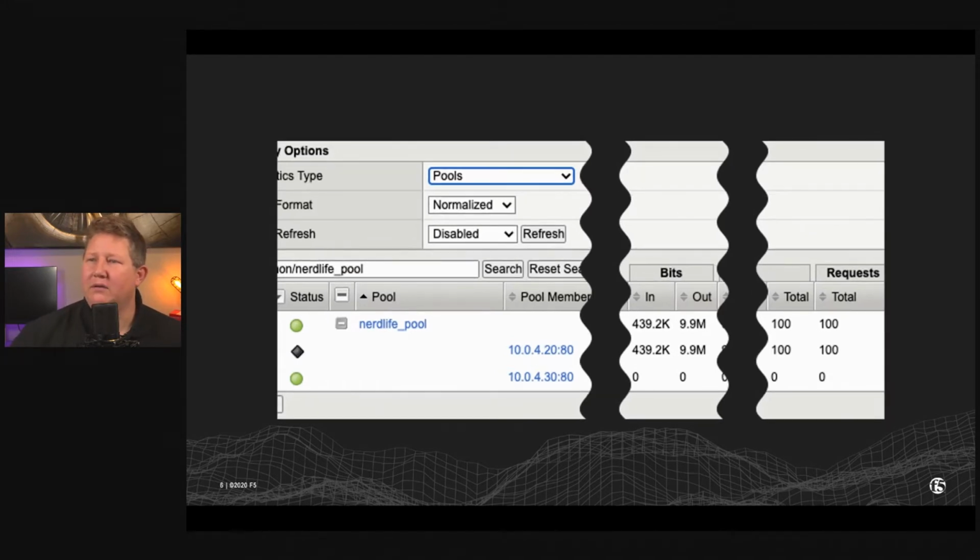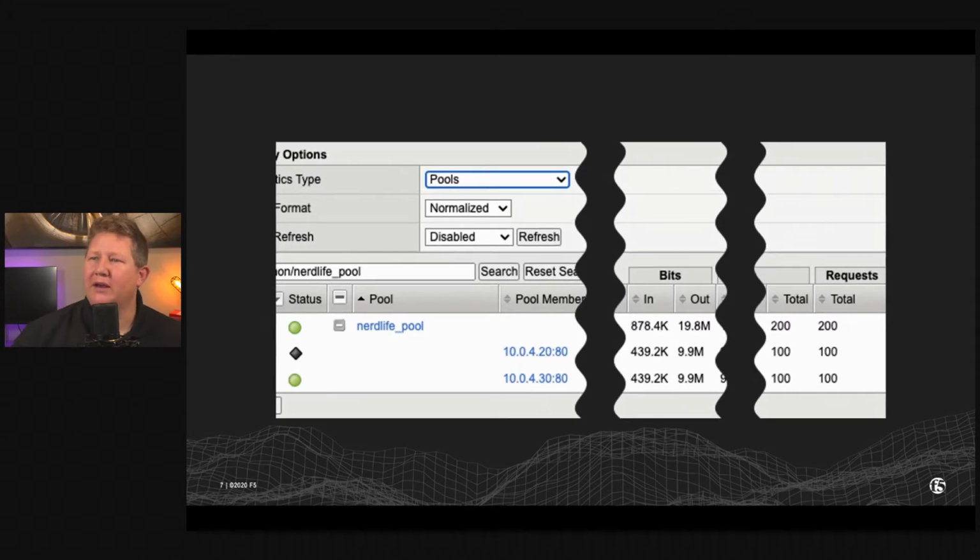So then I disable that pool member, and then I send 100 more connections through. And then you can see there in this last screenshot that the 4.30 pool member then took those next 100 connections, because the priority group 10 pool members are not available. And so that is a way where you're using built-in functionality to your F5 devices instead of going the iRule